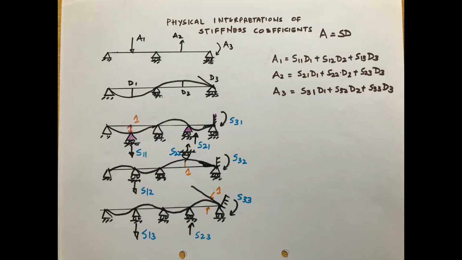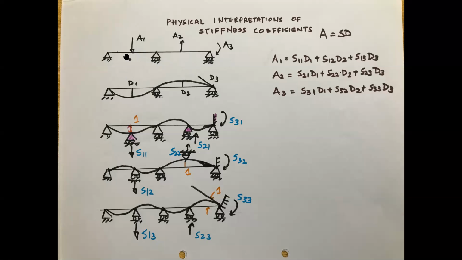So by definition, the stiffness is the force that occurs because of the unit displacement. By this definition, in the next diagram, what I have shown is that we have allowed the beam D1 equal to 1, that is unit displacement. All of you can see here, right? D1 is equal to 1. Now when you allow that particular joint or location unit displacement, there will be forces generated at all three locations.